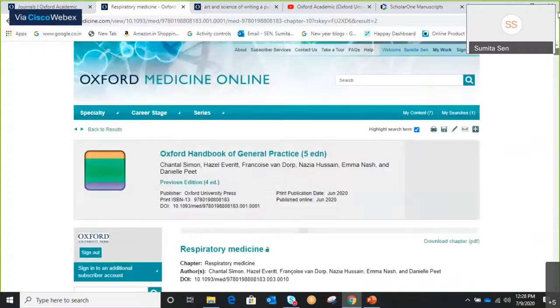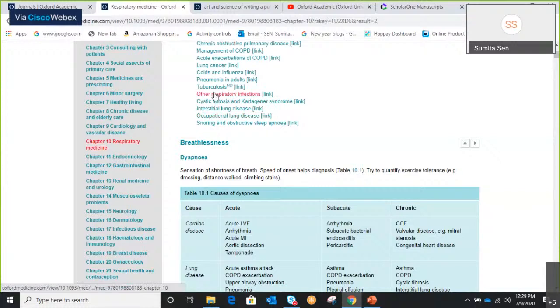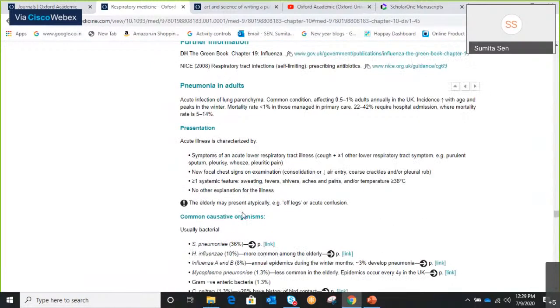If you look at the top of the page, you see it says, welcome Sumita Sen. So this is where I have signed in. So you need to sign in and create your account, just like you create your account in Amazon, Big Basket, wherever you shop from. That's all you need to do. It's free. We don't charge you to create your account. Once you create your account and you're looking at, let's say, this particular article, now you think this particular thing is very important.